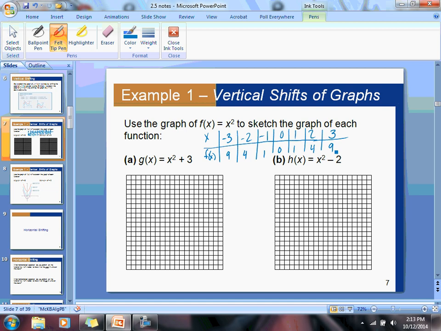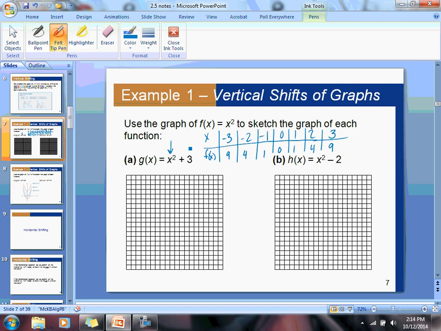It opens up, its y-intercept is at 0, 0. You can see that right here. Okay. Now, on the previous slide, hopefully you observed that if I'm going to take that original x squared function and add 3 to it, it's going to shift my graph up 3 units. So now we could do this 2 ways. We could go to our graphing calculator, type in this function, make a table of values and graph it. But the skill we have to get a little more practice with today is thinking,